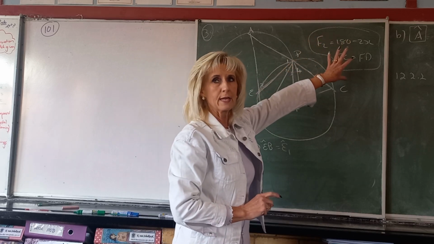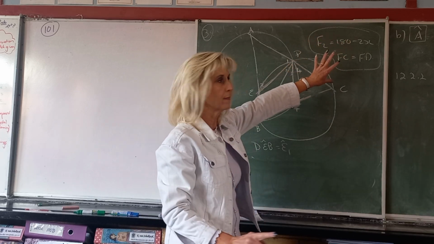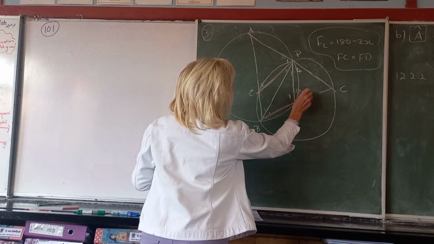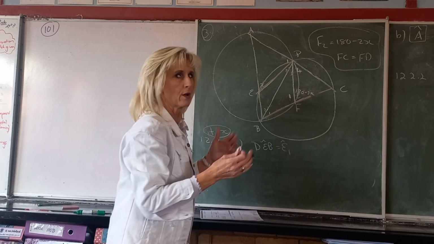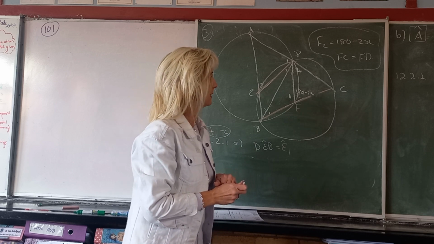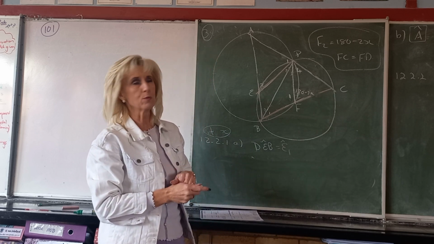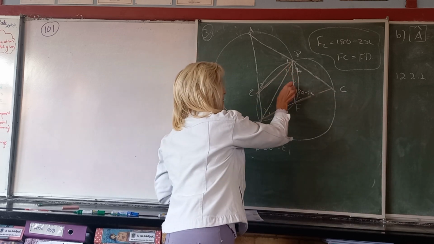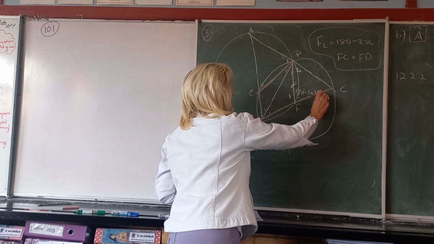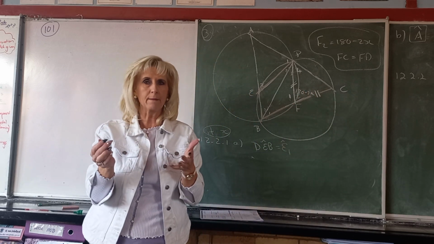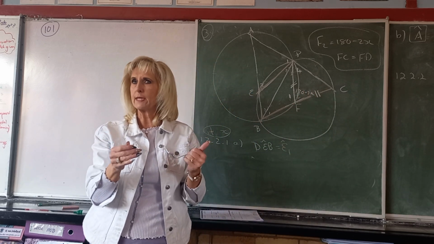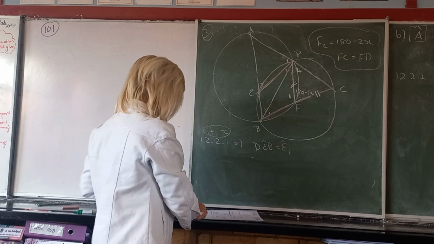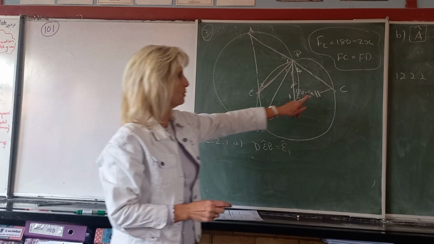Next to the sketch, they said, in words, long sum, that F2 was equal to 180 minus 2x. So if you didn't read that, you didn't know that. Also, they told me that FC and FD are equal to each other, meaning what for me immediately? Isosceles triangle, meaning angles opposite equal sides are equal, and what does that help me right from the start? C would be x,